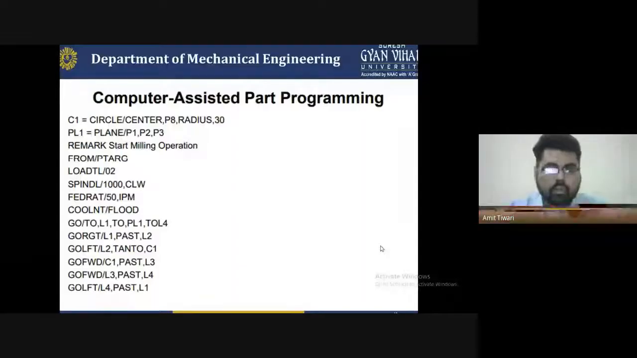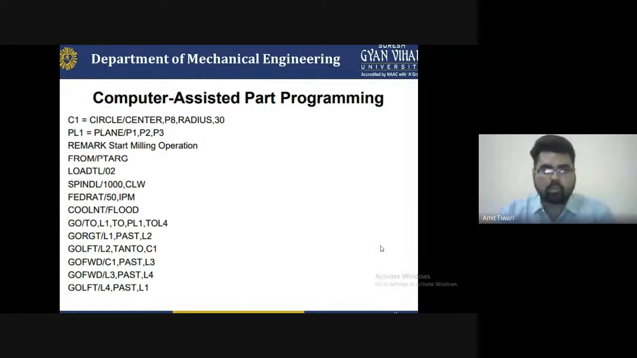Second is computer-aided part programming. Giving the circle: C1 equals circle slash center, comma, P8, comma, radius, comma, 30. And PL1, that is plane slash P1, P2, P3. Remark: start machine milling operation